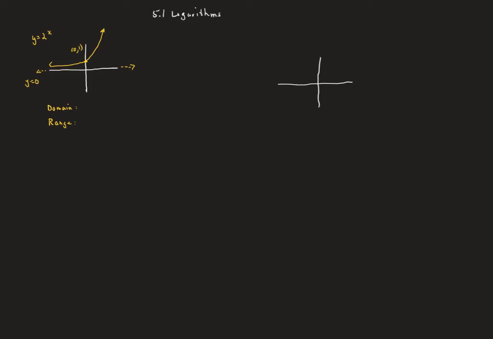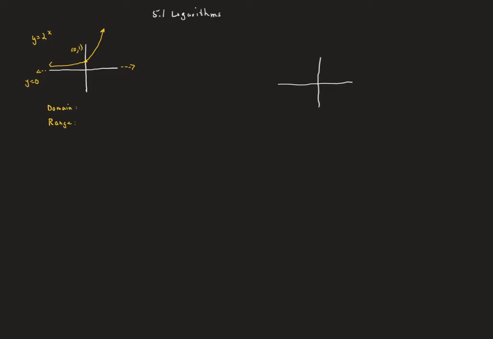So in this video, we're going to talk about 5.1 in our book. It's logarithms. To motivate this a little bit, let's think about what we know about exponentials. I'm just going to pick one that we're probably more familiar with, y equals 2 to the x. So we know y equals 2 to the x is an exponential growth function since the base is bigger